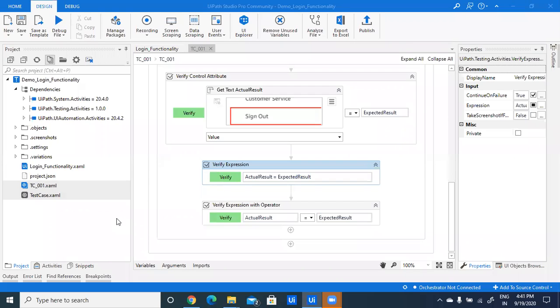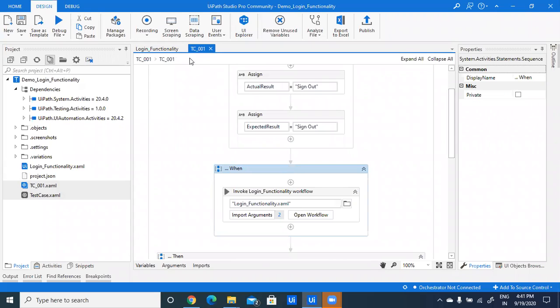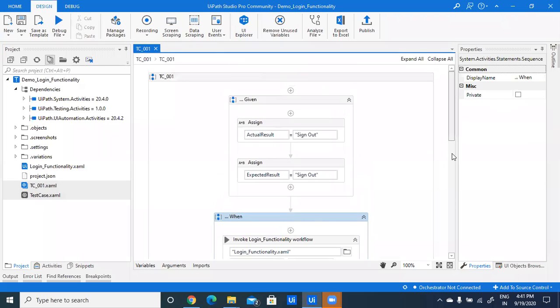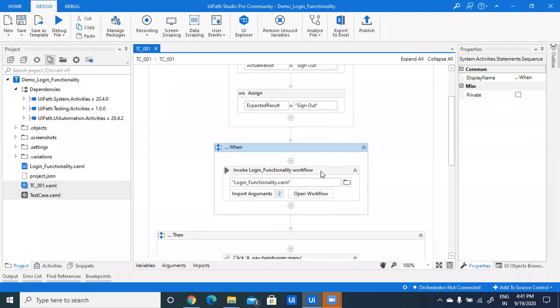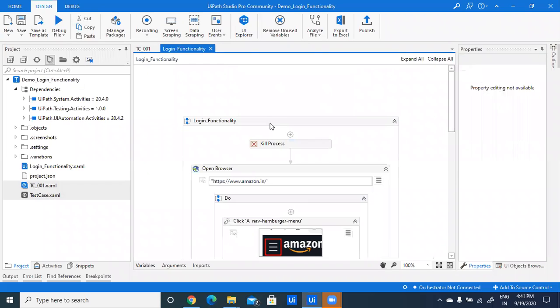Mehul is asking, Sony, can you please show from where we can see the workflow? He just wanted to see where we can see the main workflow. In the When section we have the workflow. Just click on Open Workflow, and it will automatically open our main workflow.